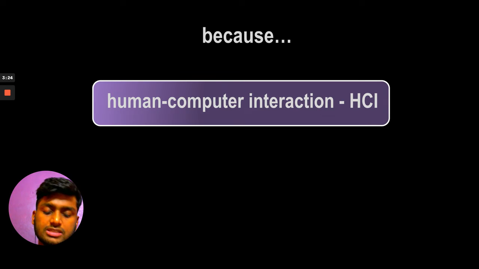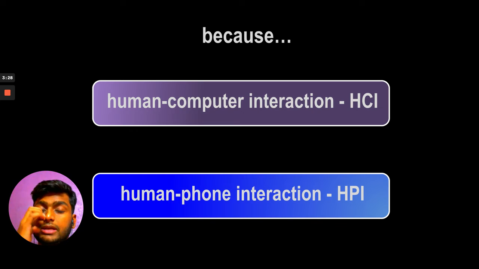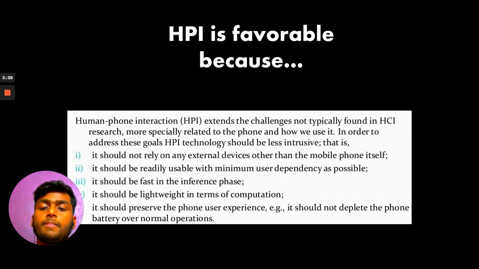So why HPI? Why not HCI, you may ask? It's basically because human computer interaction and human phone interaction, although they sound similar to a layman, have a lot of difference. HCI is not as robust as human phone interaction, and that is because HPI extends the challenges that are typically found in HCI and are more specially related to the phone and how we use it.